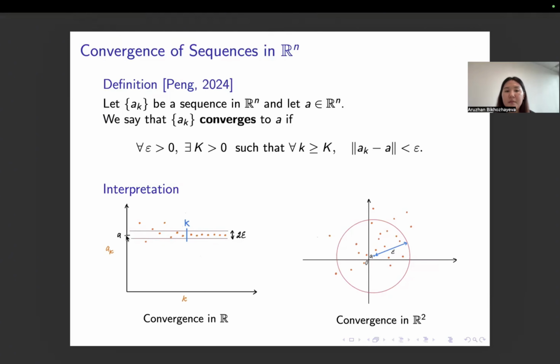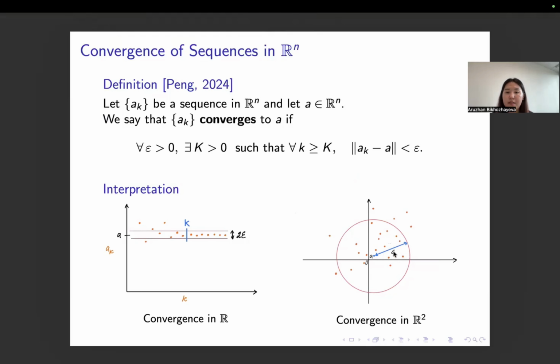And mathematically, this is expressed using the Euclidean norm in our definition. And we know that the norm measures the distance between 2 points. So when the distance between AK and A becomes smaller than any positive number epsilon, we say that the sequence